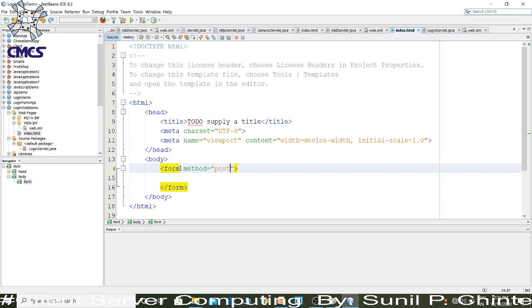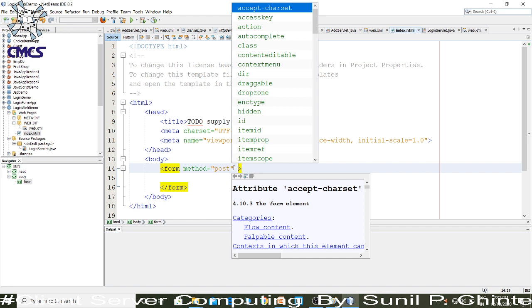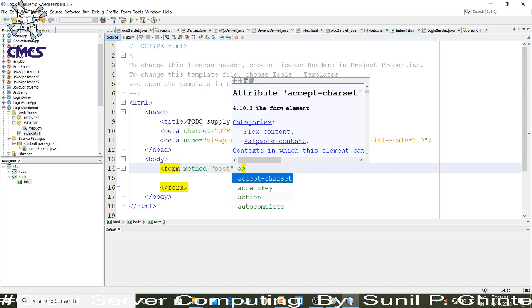And you know about the post method. You can send the data with the post method, that will not be visible on the URL, but when you use the get method, all the data that you send will be open on the URL. By default the method is the get method. Then you have to use the action.